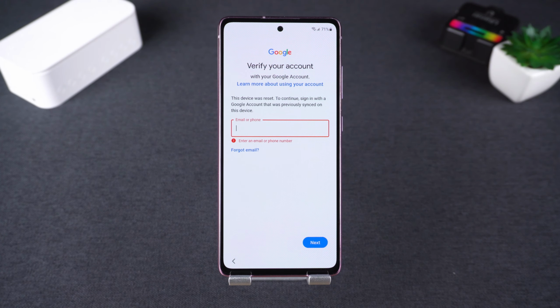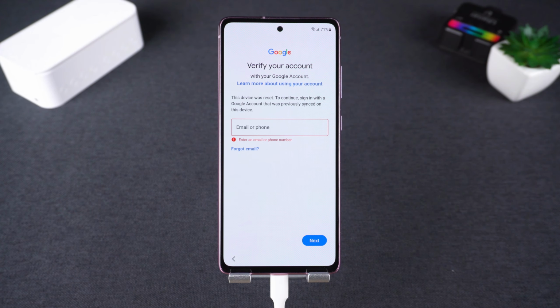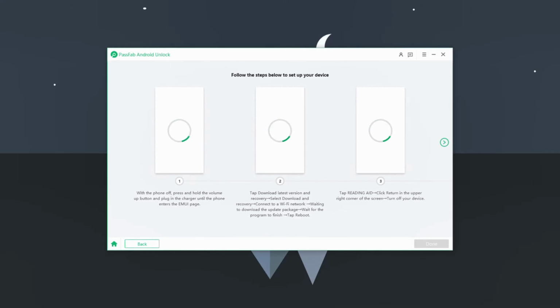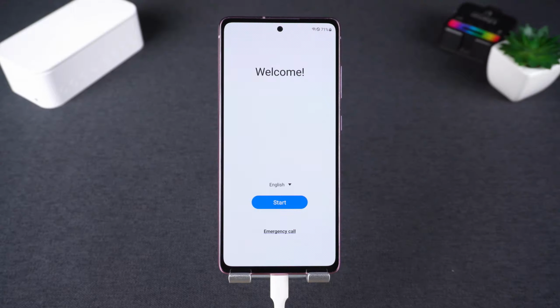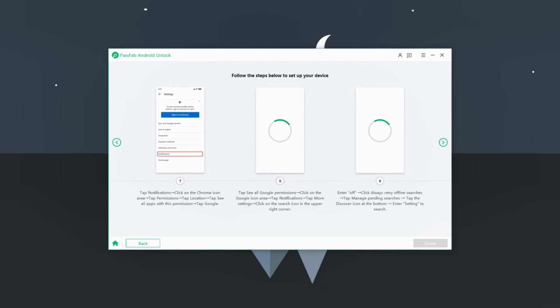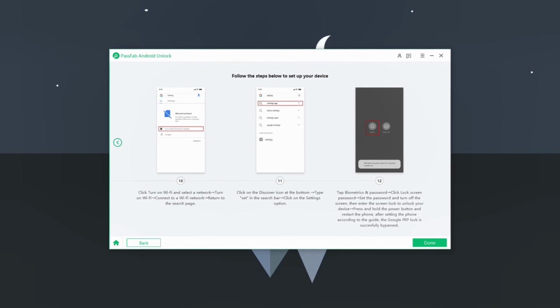Now, connect your Huawei phone to the computer using a reliable USB cable. As soon as the software detects your device, it will automatically begin the FRP removal process. During this procedure, your Huawei phone may restart several times. This is completely normal, so just let the tool do its work and avoid disconnecting the device until the process is finished. PassFab Android Unlock supports Huawei devices and works with most Android versions, making it a versatile solution for